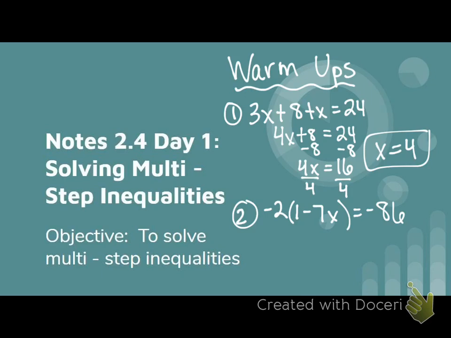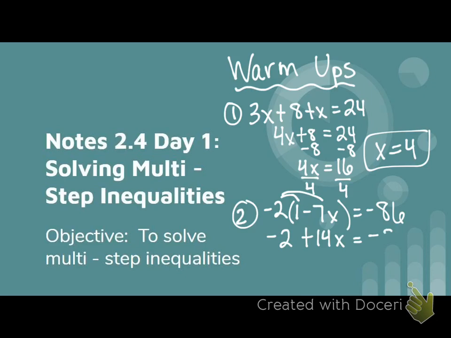On our second warm-up, what's our first step? Distribute. Good. We actually have two options, but one good option is to distribute the -2. We've got to be careful with our signs. -2 times 1 is what? -2. What about -2 times -7x? 14x. Positive or negative? Positive 14x